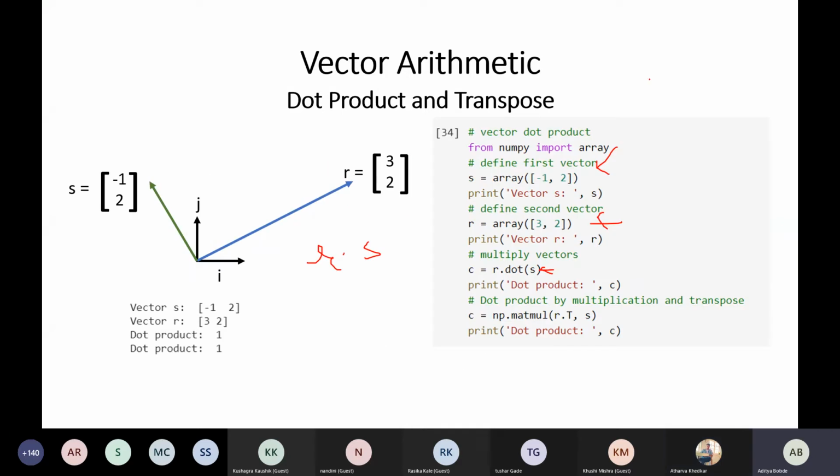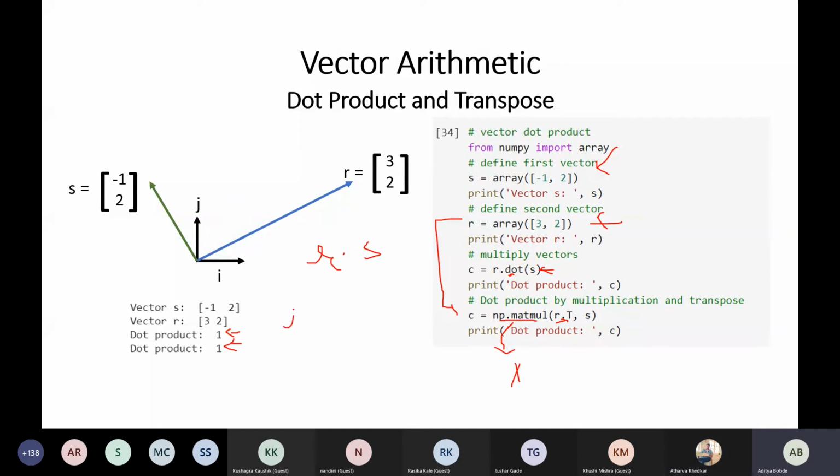Okay, great. So for doing the multiplication, I'm using the dot product function in the NumPy module. It will give me the dot product of this. So this is my simple multiplication, else you can do multiplication by transpose. If you want to do the multiplication by transpose, I have already told that you can use r dot capital T. So it will first transpose the r vector, and then multiply it by the s vector. And matmul is the function which you use for multiplication. Okay, so both generate the same results.